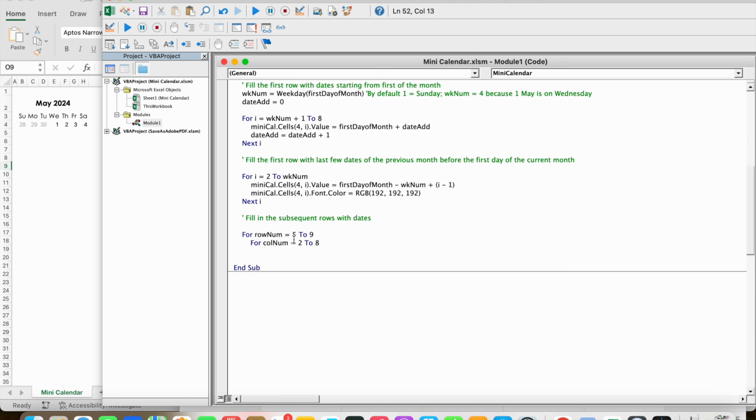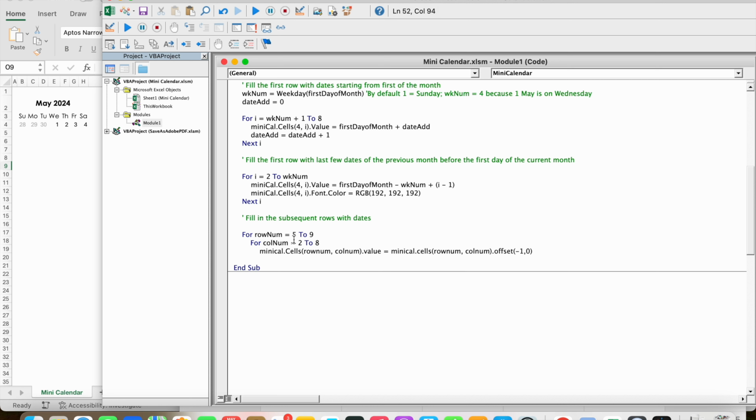So what we're going to do is minical.cells row num, col num, dot value equals to minical.cells, same thing again, row num, col num, dot, we're going to offset to find the previous row, which is minus 1, 0, because we're not going to change any of the columns, just looking at the row above,